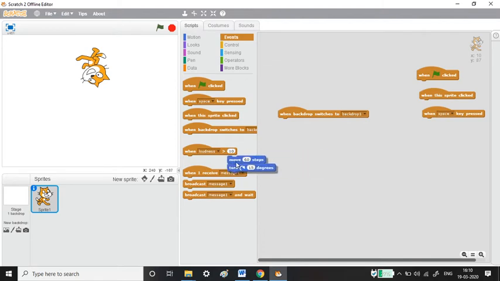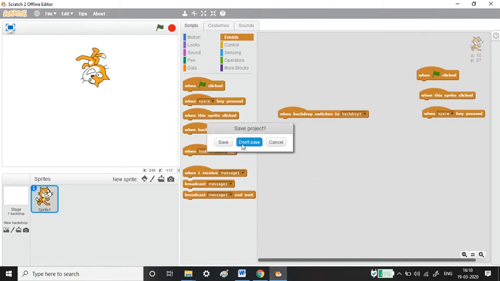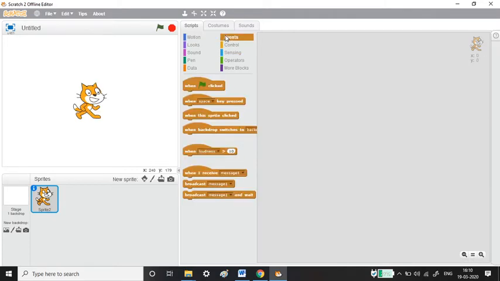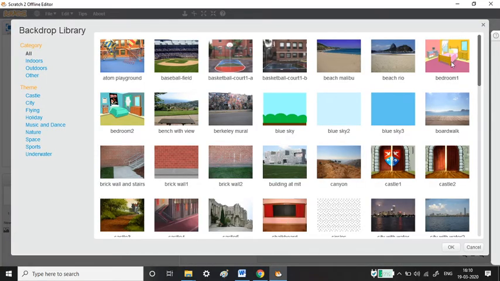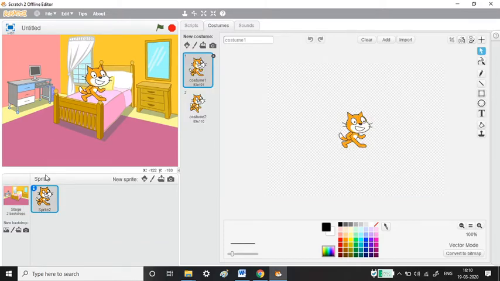Right now we don't have any backdrop. I'm clearing everything, new, and not saving it. See here, Events. I'm going to select the backdrop here. Let us select this bedroom 1 and click OK. Right now our cat is in the bedroom.